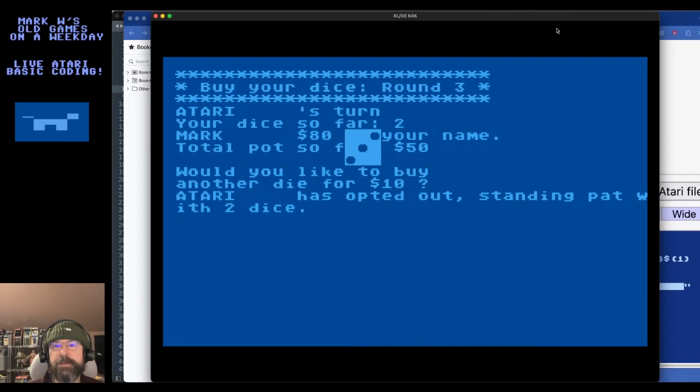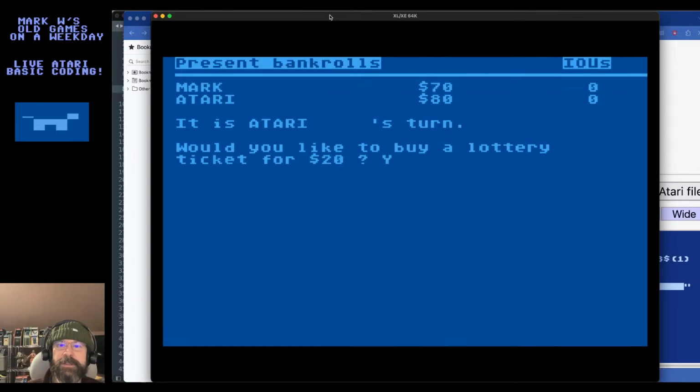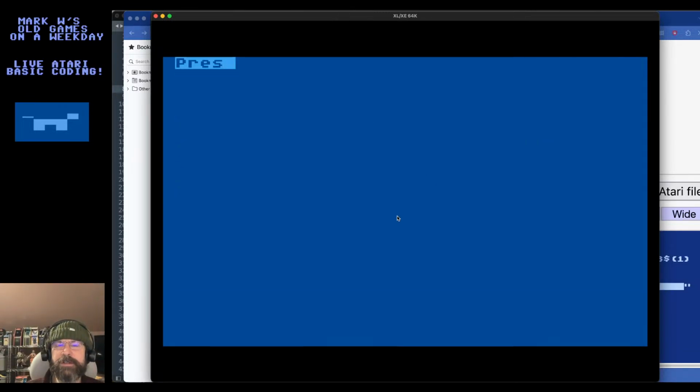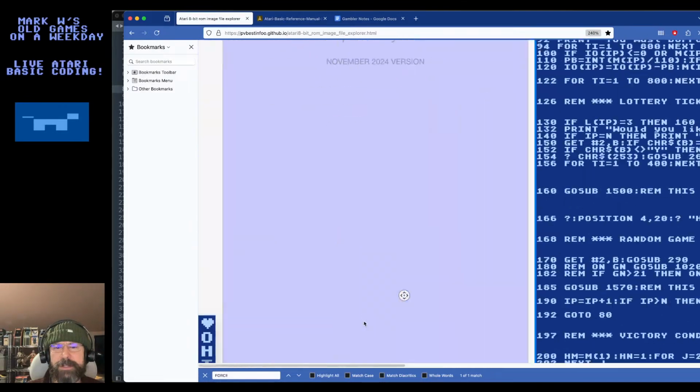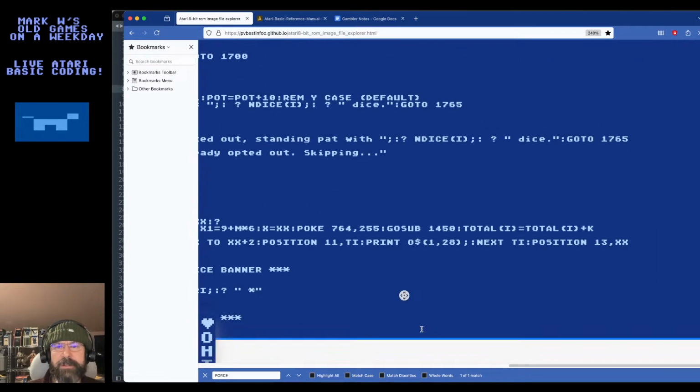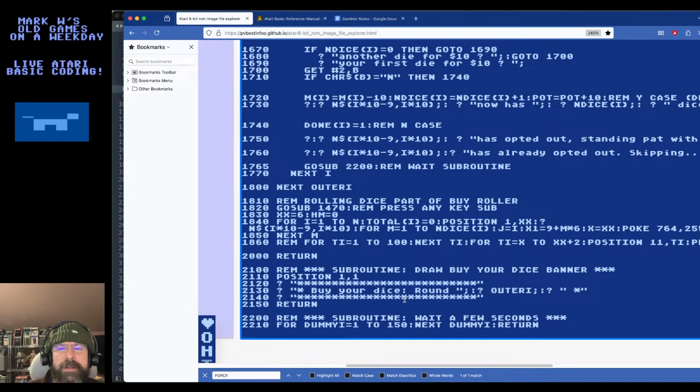So far, so good. Okay, so I need to clear the screen. That's okay, but look at this. Something's happening. And it also drew my name here, by the way. This is like my role. I'm going to hit a key. Look at this. Okay, so it kind of ended there. It didn't go to the next player, which I thought it would. But hey, you know what? We're getting somewhere. Progress. Why didn't it go to the next player?